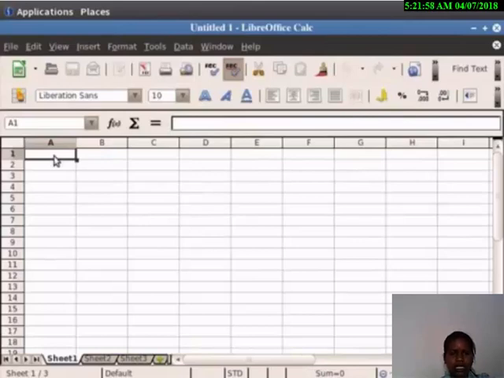The intersection point of a row and a column is a cell. Each cell is represented with an alphabet, so you can see here on the name field it is showing A1. Each sheet is represented with Sheet 1, Sheet 2, Sheet 3,